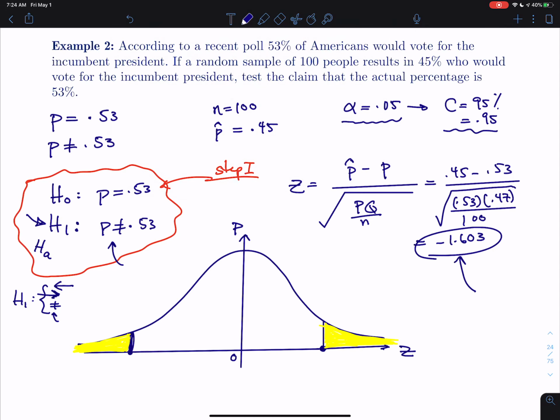All right, now your alpha is 0.05. That means the total yellow area here is 0.05. So this is 0.05 and that's 0.05, combined, that is. So in reality, this is 0.05 divided by 2, and this is 0.05 divided by 2. So together they're 0.05. And the idea here is to be able to find these two gatekeepers, I call them,